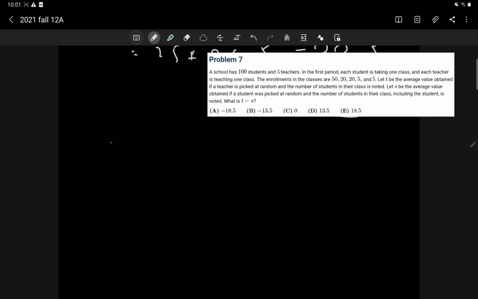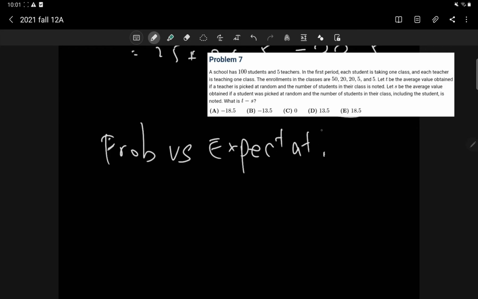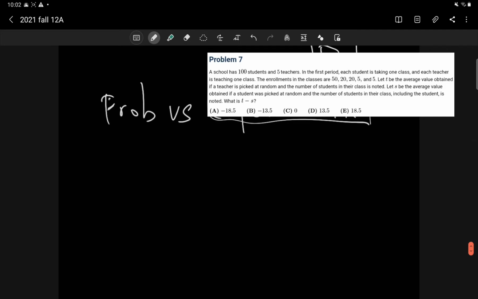So it is a matter of probability versus expectation. If you look at the quantity defined as here, and the average value,